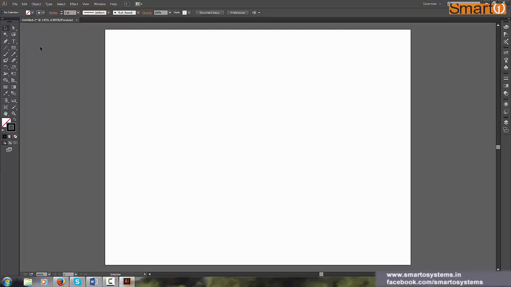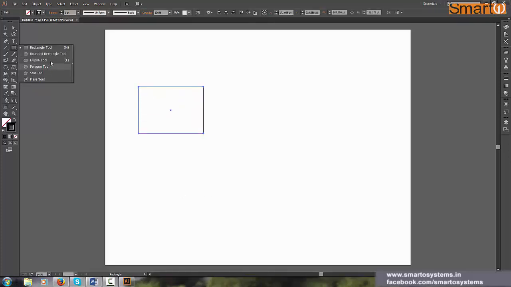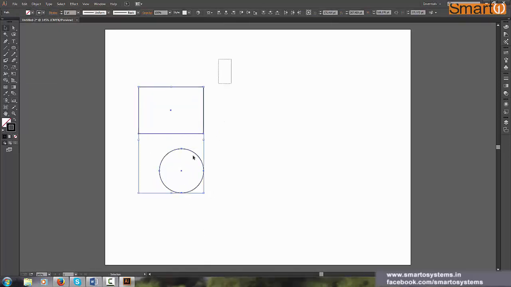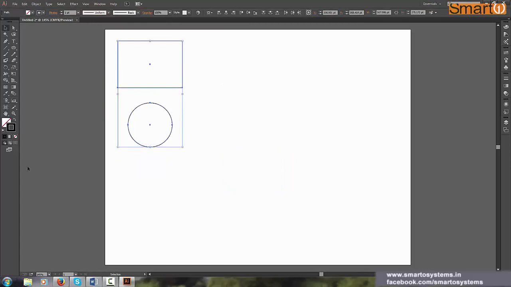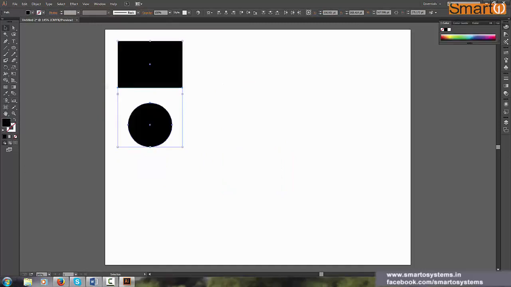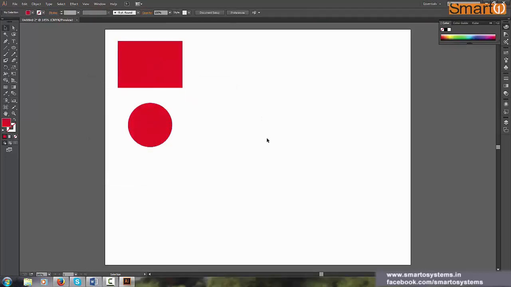Now there is another kind of software which is called raster-based software. What is the difference between vector and raster? Let's take an example. I will draw two shapes over here. One is a rectangle and one is a circle. Don't worry about what I am doing right now, you can just ignore it. We'll cover all these things in later videos, so that you will be able to draw your own shapes and export your own things.